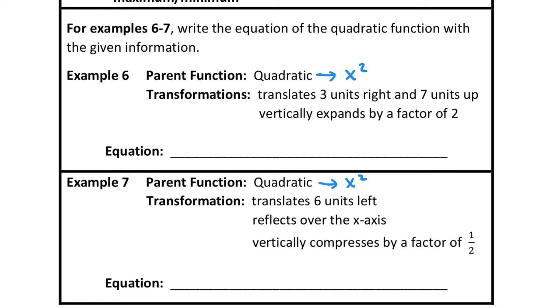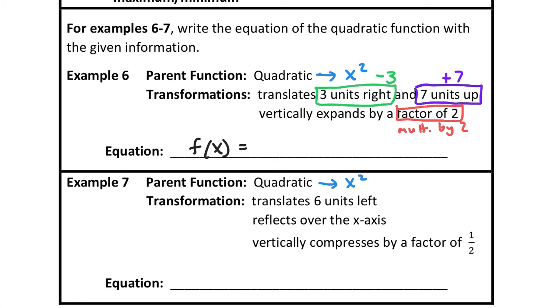Translates 3 units to the right. And then we have 7 units up. So that's plus 7. 3 units to the right means minus 3. And expands vertically by a factor of 2. So multiply by 2. Okay, so the equation is going to look like f of x